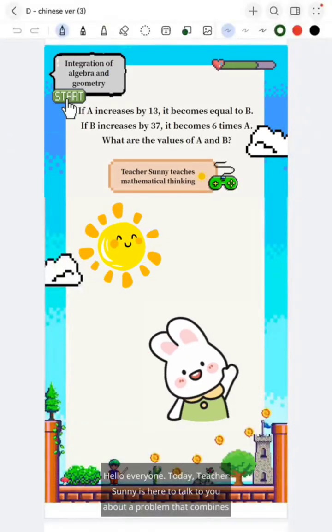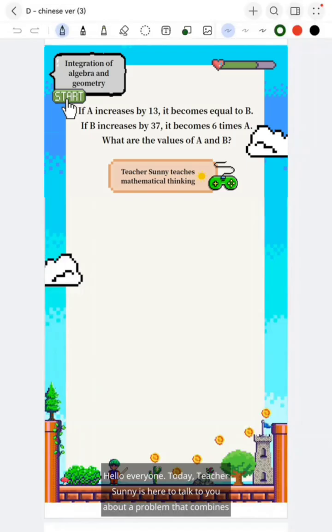Hello everyone, today Teacher Sunny is here to talk to you about a problem that combines shaping. First, let me elaborate a bit, since many parents have been asking about this, so I'd like to explain it to everyone. In the study of mathematical thinking, for this type of problem at the elementary stage,